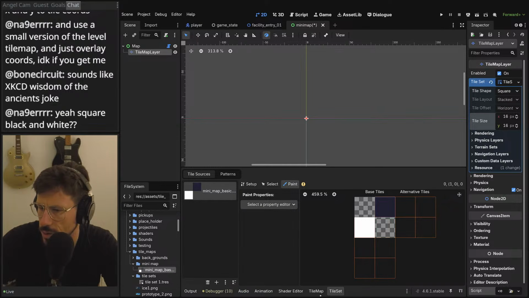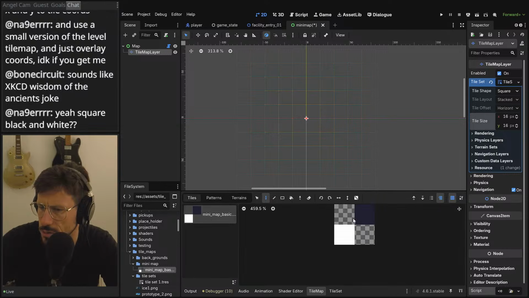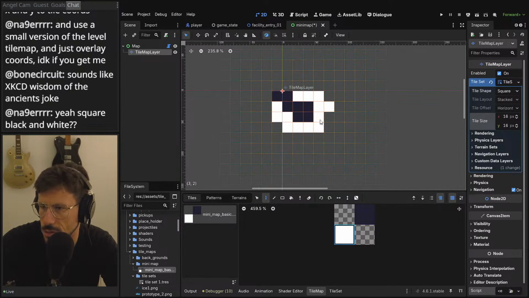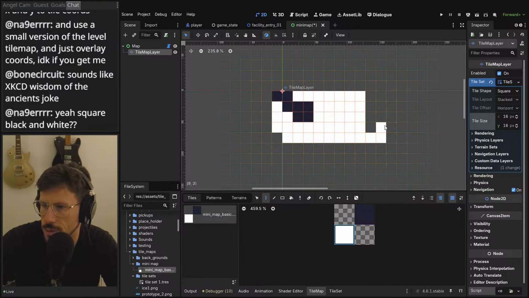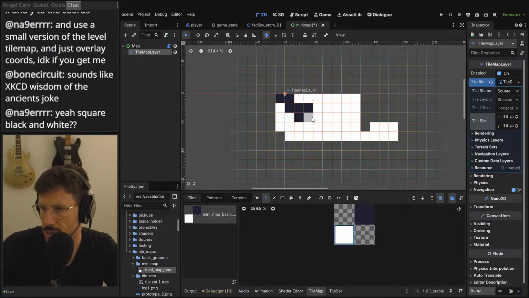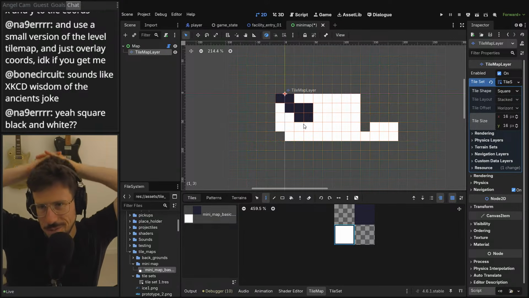So then, how do I go? Why is it being such a pain? Terrains, tiles. There we go. So yeah, we wanted to end up looking something like this, and then eventually we'll make it look more complicated. The funny thing is, at 16 by 16, it's actually the same size as the regular tile map, but it'll be displayed in a menu, so